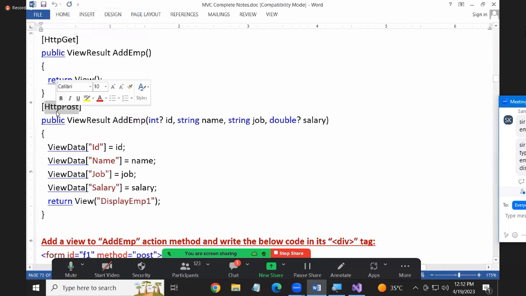And one thing I'll tell you, for our convenience, to understand tomorrow when you look at it, this is get, this is post. But remember, when you have the same name, for one method you use get, automatically the second one will become post. One method you say post, automatically the other one will become get. But it's a good habit of writing it on all the methods. If you don't write it, it will automatically take it as a get or post. Okay, now